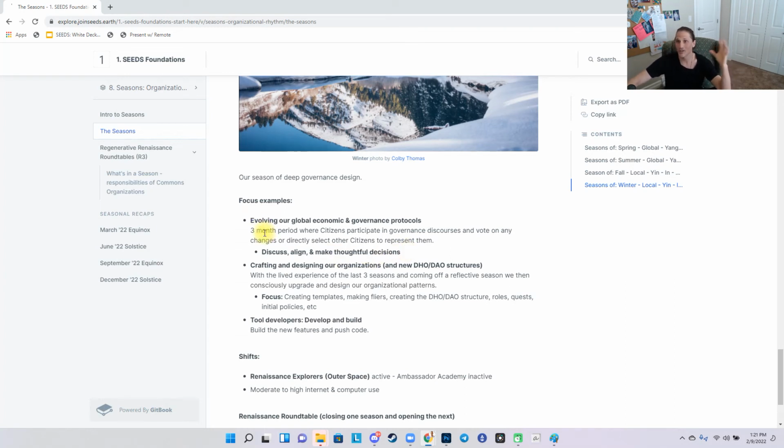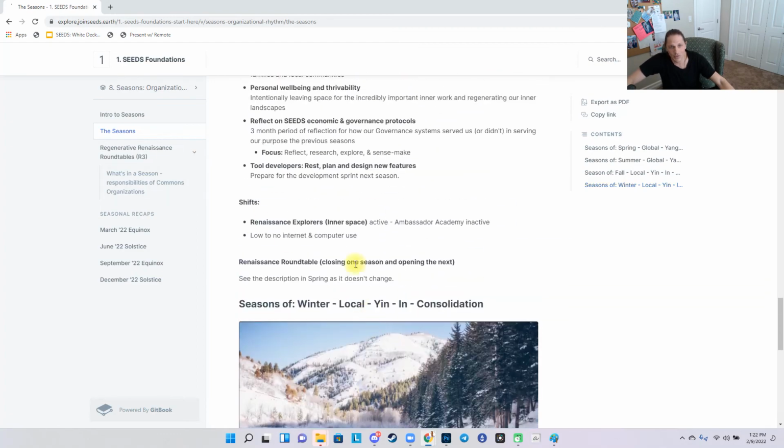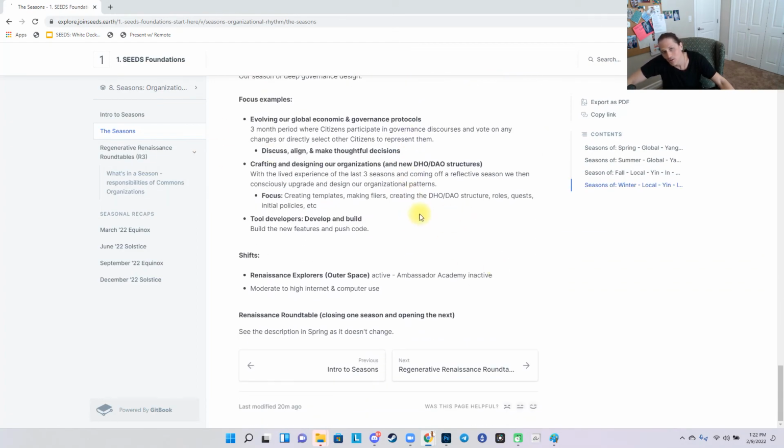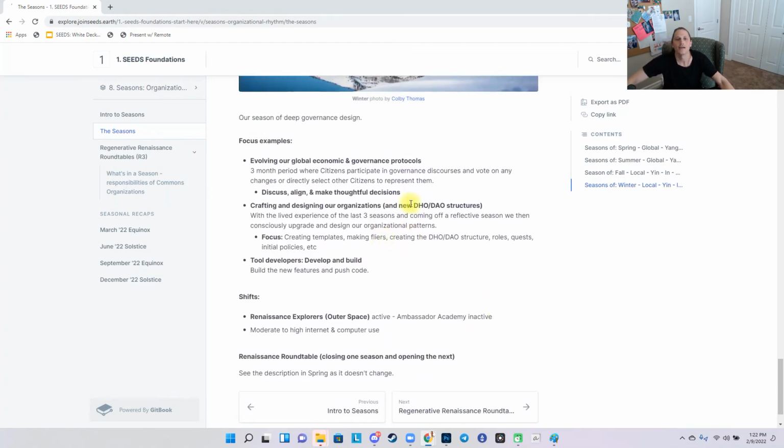And I want to say this again, a winter season can happen 4 times a year if we need to. But these are just different seasons that the citizens are selecting each year based on our need and what the ecosystem needs at any given time. But anyway, after a fall season, it would behoove us to enter into a winter season where we actually take all the informed wisdom from the previous season and use it to evolve our protocols and craft new types of organization structures.